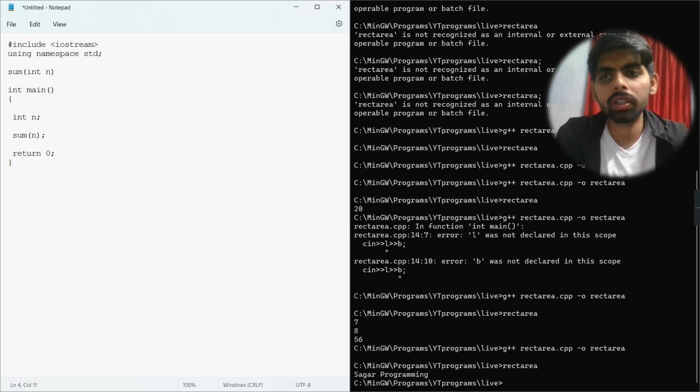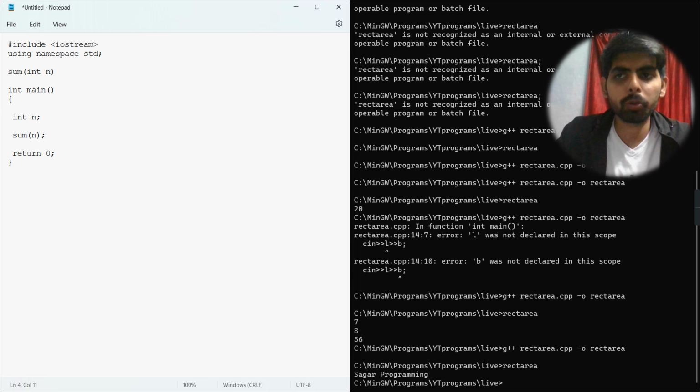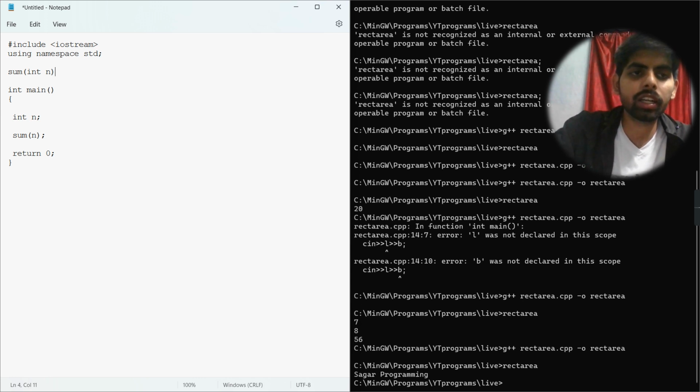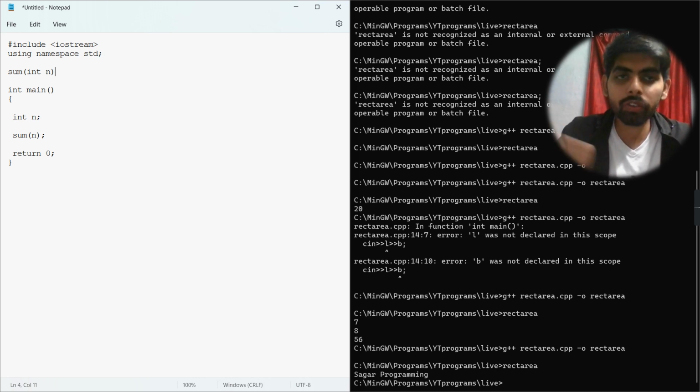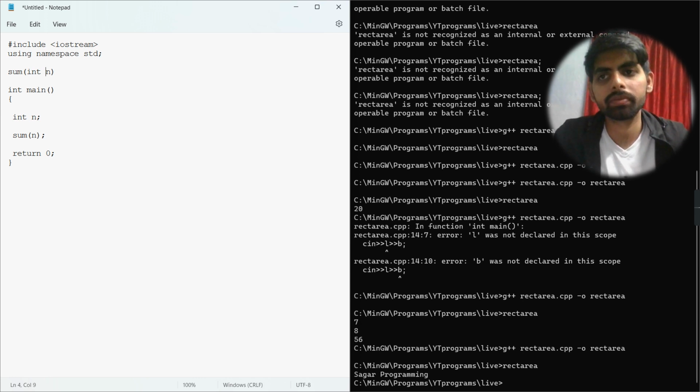The difference between function definition and function calling is that in function calling we don't give the data types, but in the function definition we give the data types. So int n, we are passing it here,